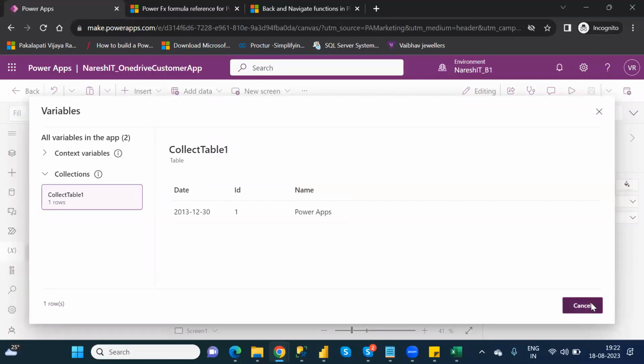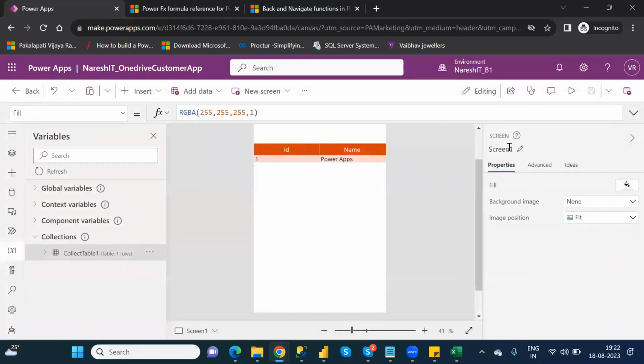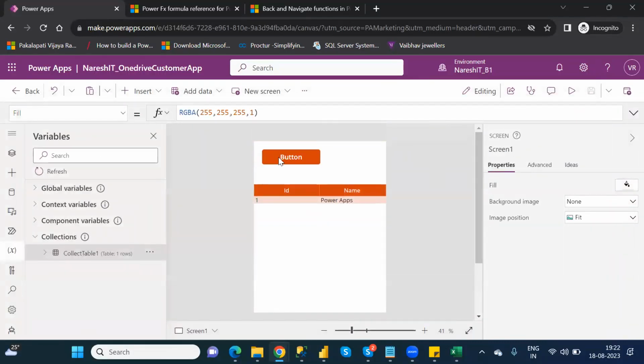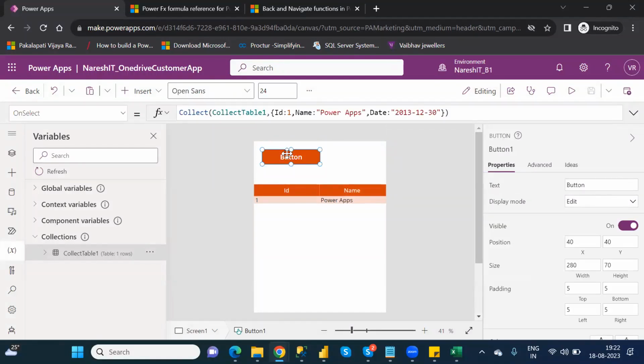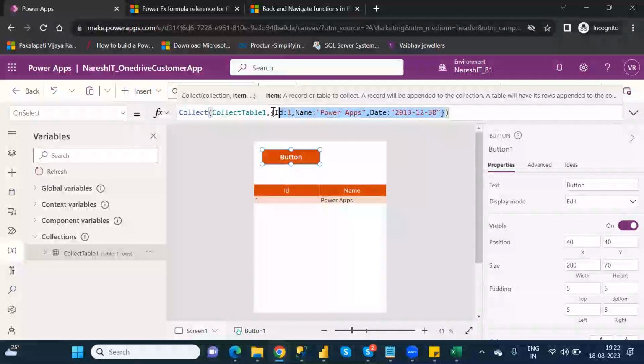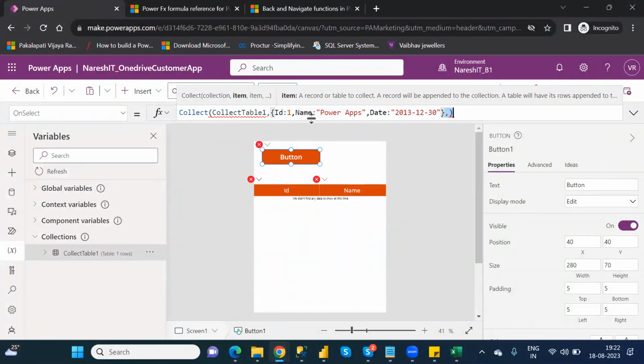Understand clearly? Suppose, for example, I want to create more records. Then what do you have to do? This is one record for all the columns. I want to create more records. Then what I need to do? Put comma, and here